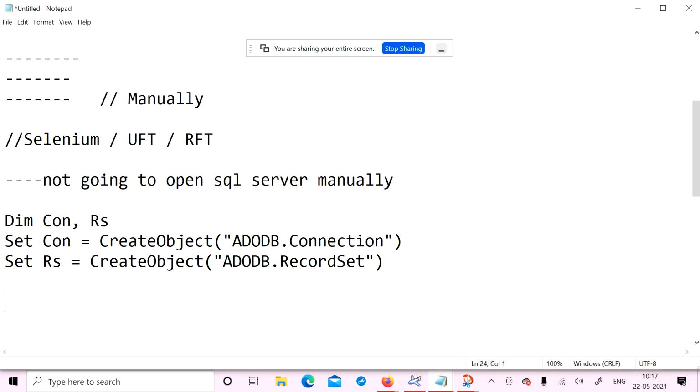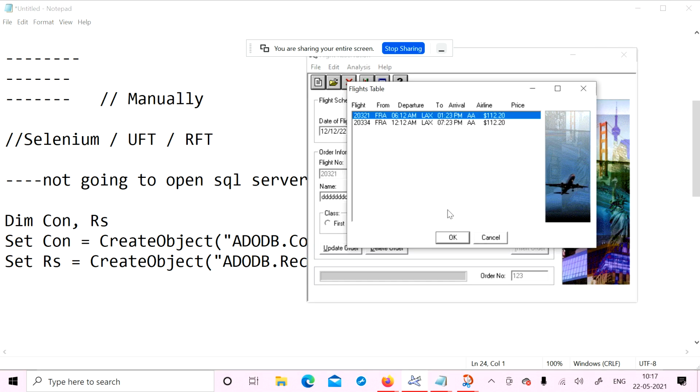Then what we have to do? We need to access the database. The database may be SQL Server, or MS Access, or Oracle.